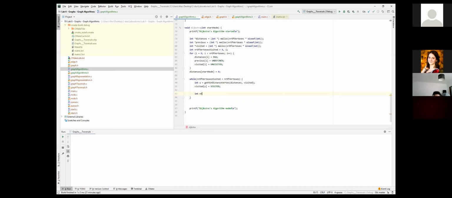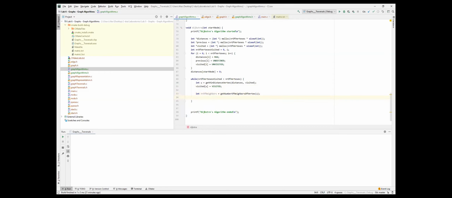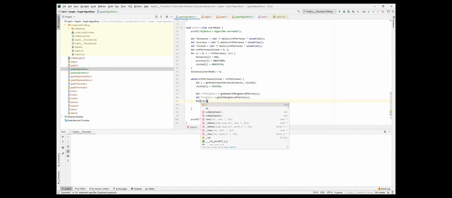So int number of neighbors of u is get number of neighbors of vertex u. And then the actual neighbors are int neighbors equals get all neighbors of vertex u. And for all of these neighbors, for i equals 0, i smaller than number of neighbors, i plus plus,